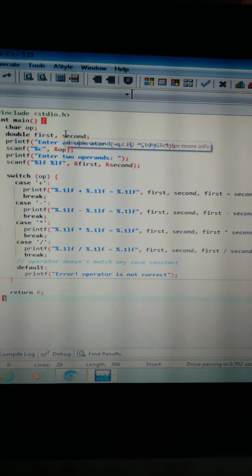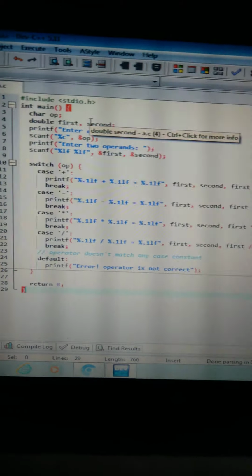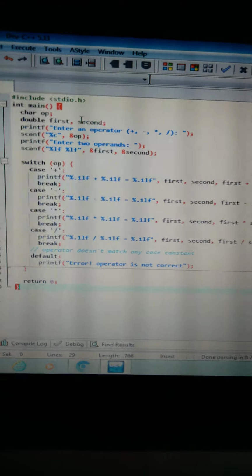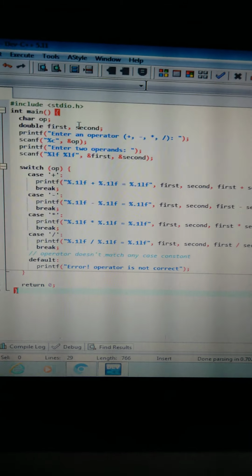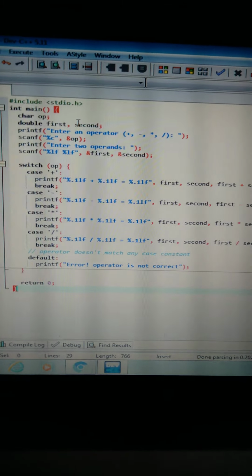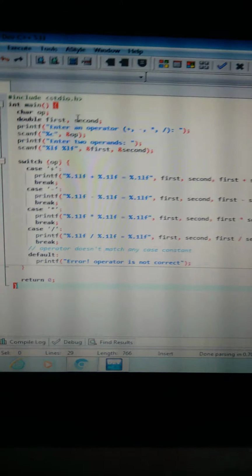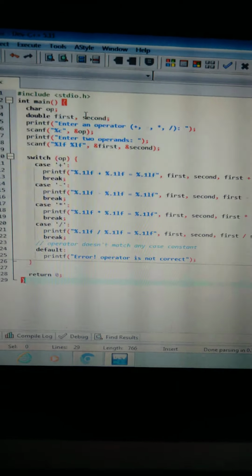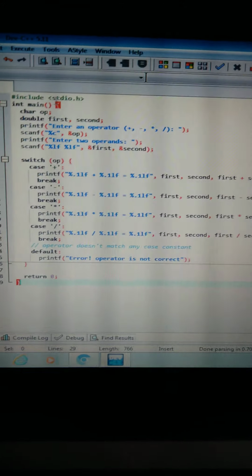First is include stdio.h. It is a header file in C which contains all the input and output functions like printf to print the sentence within it, and scanf, which reads whatever data we give and uses it for calculation. The header file is over.